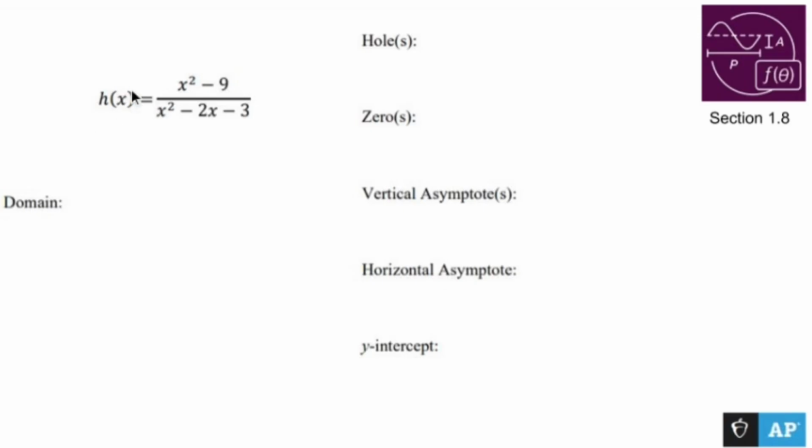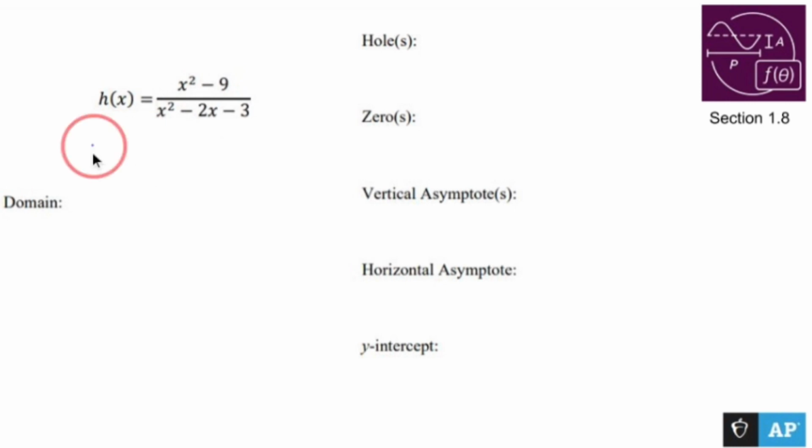All right, so we have h of x. It's all multiplied out and everything, and it's asking questions about domain, holes, zeros, vertical asymptotes, horizontal asymptotes, y-intercept. So what we need to do is view this in its factored form along with its regular